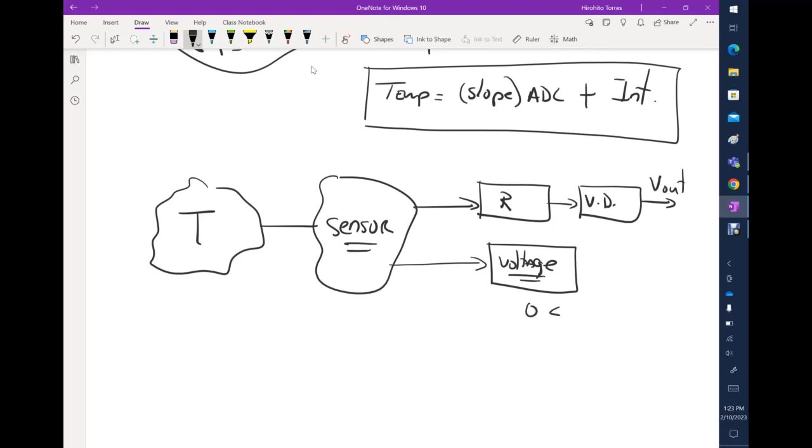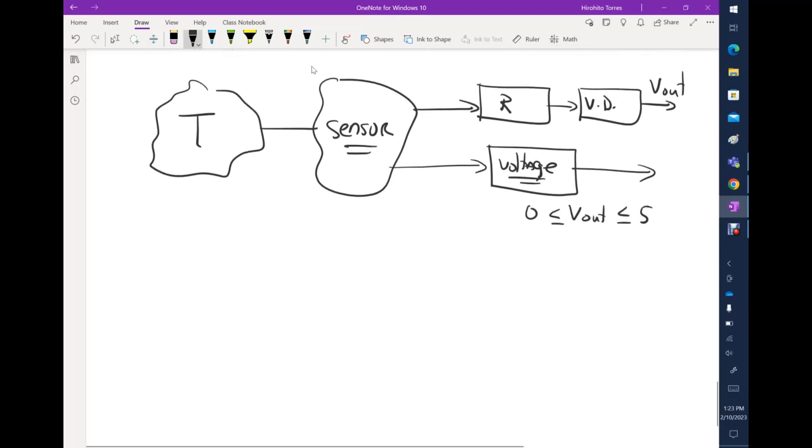Because it has to be the voltage out from the sensor. If you want to use this in the Arduino, it has to be between 0 and 5, which in most cases it is if you are buying a sensor for the Arduino whose output is voltage, because there are many sensors out there. There are other equipment, other computers that don't use 0 to 5 volts, they use something else. Other computers can use, I don't know, they are weird. They can go to, I don't know, -10